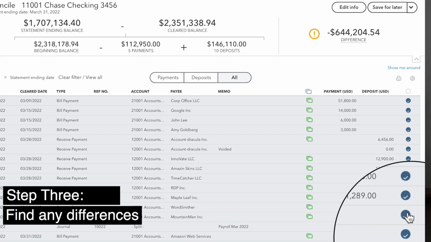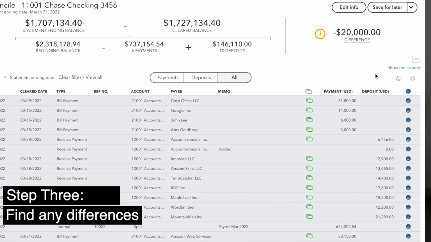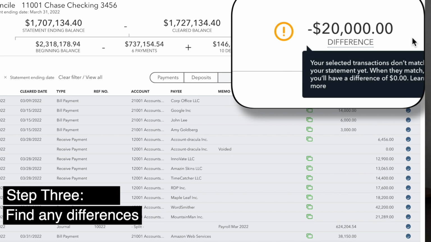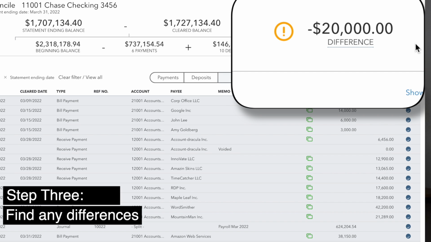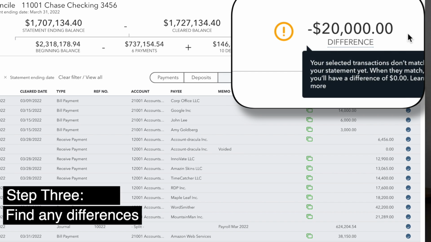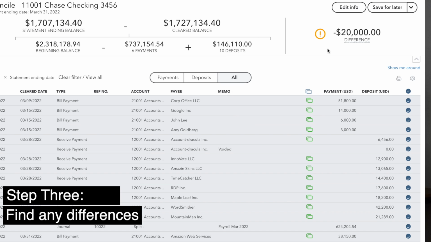And when I do, ideally it should say my difference is 0, but now it's saying that there's a difference of $20,000, right? So now this is my reconciling difference that I need to investigate. I look down below here, one final look in the transactions to make sure I didn't miss any of these transactions. And as I'm looking,